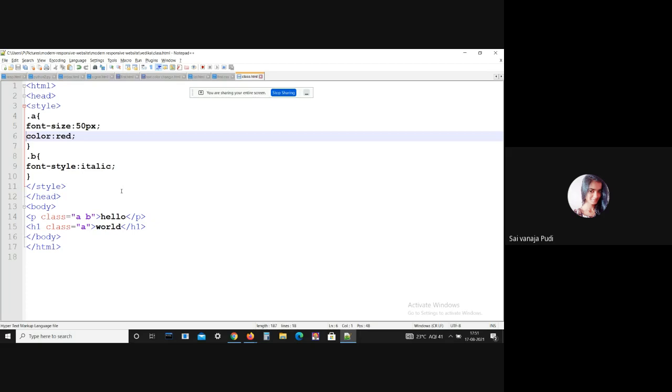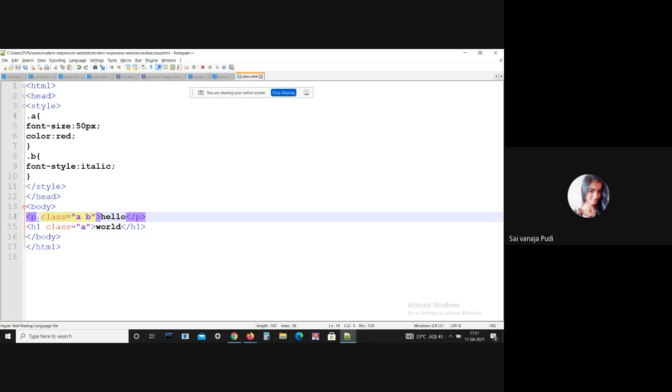We have another topic in classes, that is the same class with different tags. You can use the same class names with different tags. This is one example. Here the classes are the same, I gave class A and class A, but the tags are different.